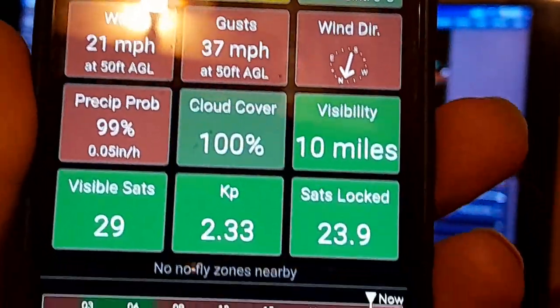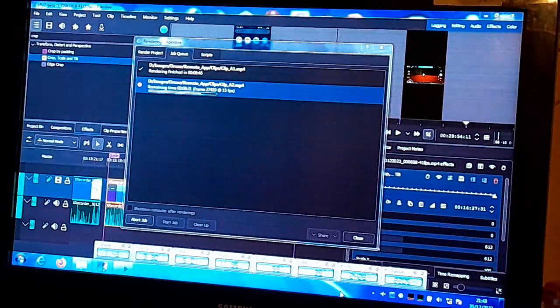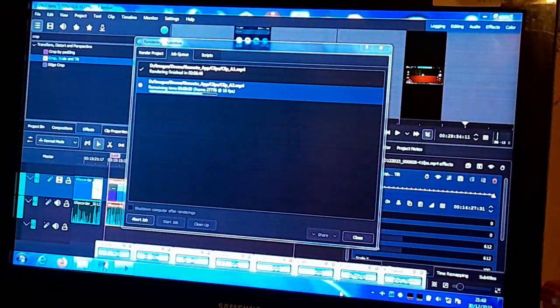I'm probably going to get more rain tomorrow anyway, but the satellite's looking good. But anyway, I just thought I'd let you see what's going on right now. And as I say, it's the 30th of December 2023,